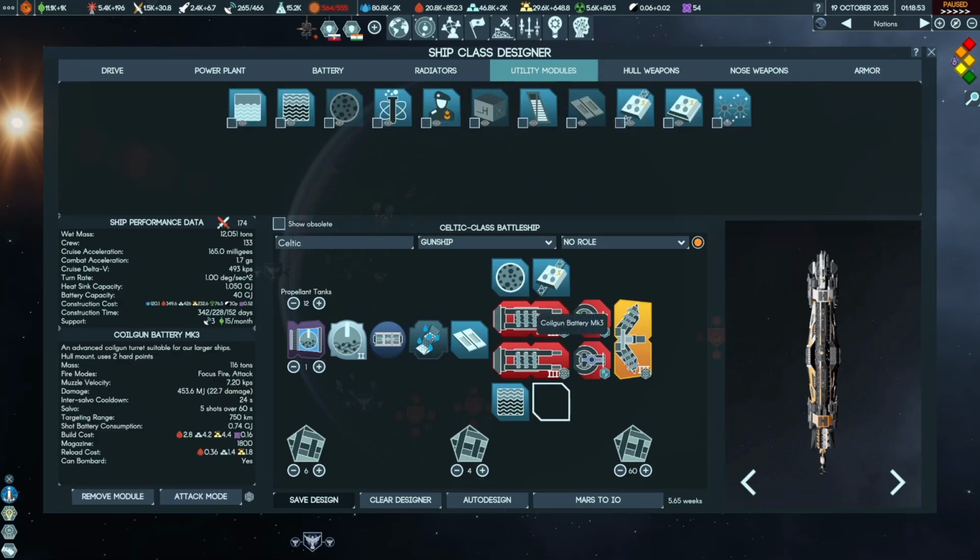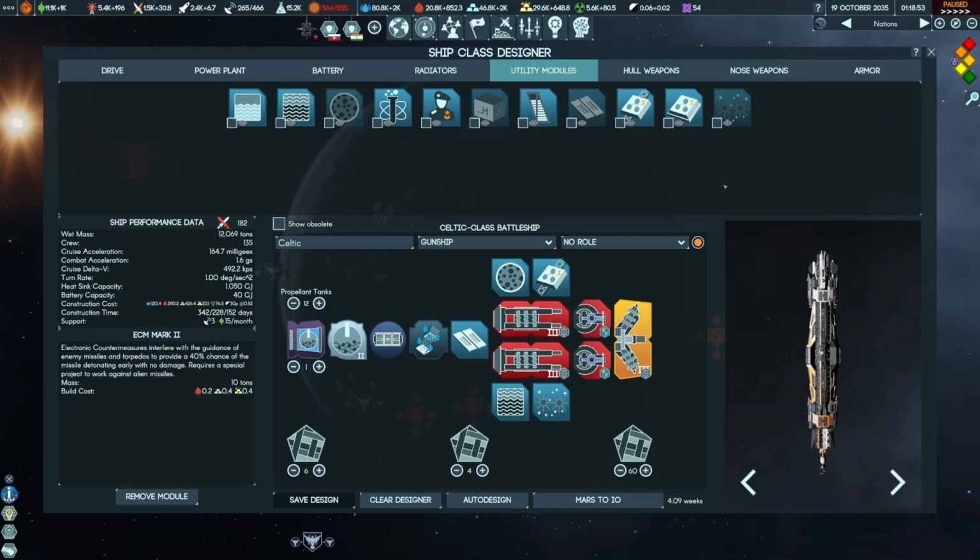Utility module, how much ammo do we have? Magazine, 1,800. 5 shots every 60 seconds. I don't think we need a magazine. I think we can get away with ECM. Is that all Marines? Carrying a significant number of Marines would mean that I don't have to build specialist marine cruisers when I get there to have at least some marine presence. I'm not sure this will be enough, but it's something. I can probably afford to add...